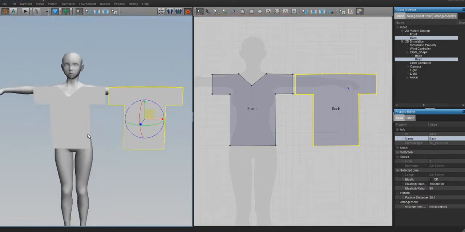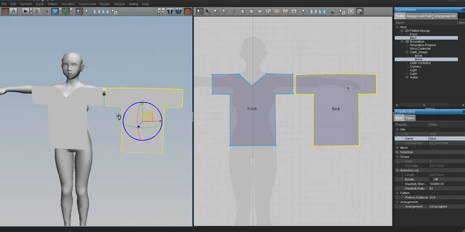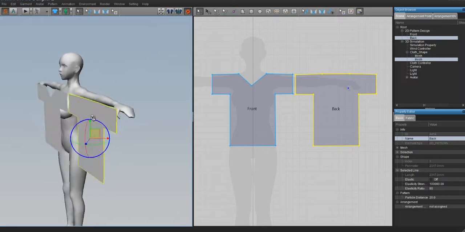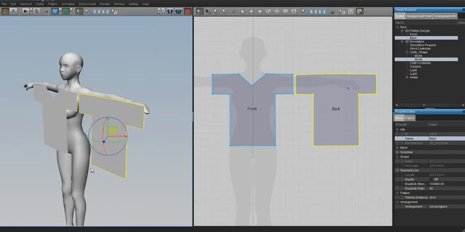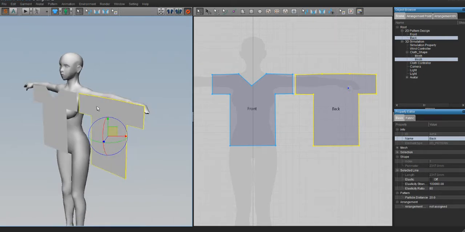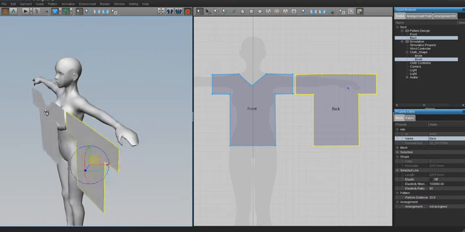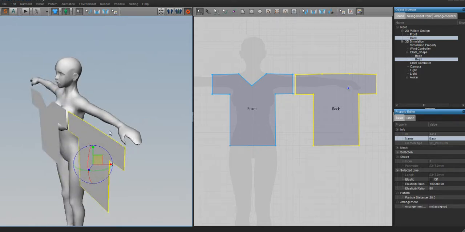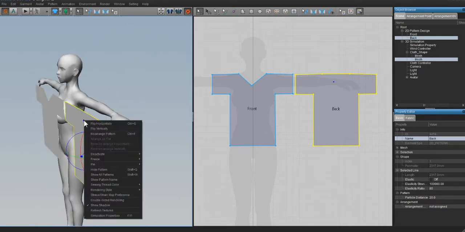Now we're going to move over here to the 3D window. Let me zoom in just a little bit. We're going to take the pattern for the back part of the shirt and put it behind the avatar. Now you want to remember that in Marvelous Designer 2, whenever you put a pattern behind the avatar, you have to flip it horizontally first. If you don't do that, then the back part of your garment will be invisible in Second Life. So, remember, if it goes behind, it gets flipped. I'm just going to right click on our back pattern and then choose flip horizontally,